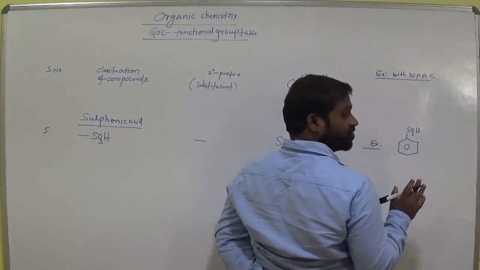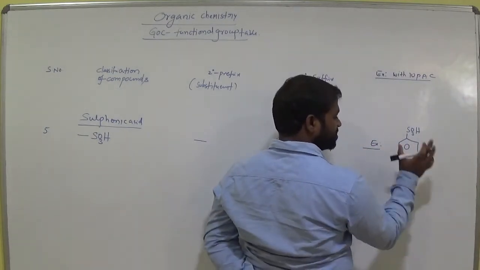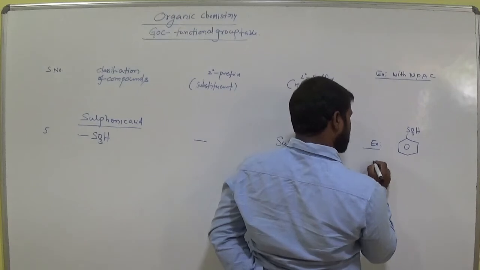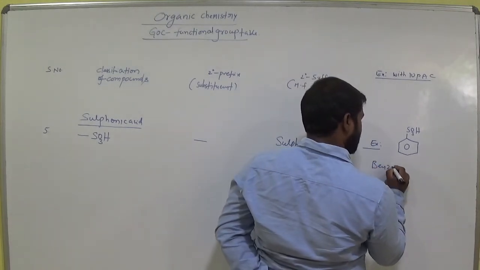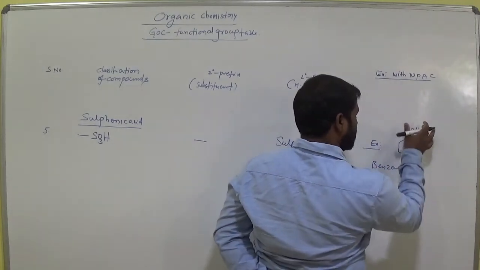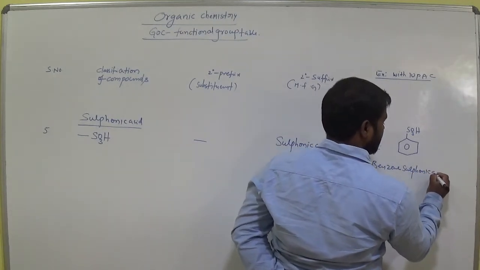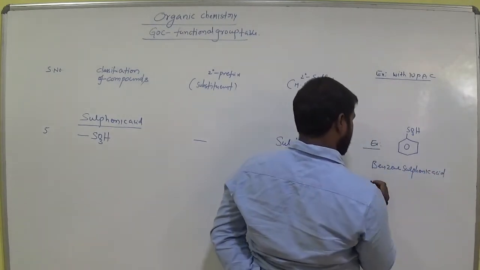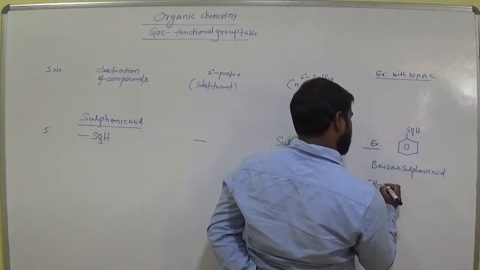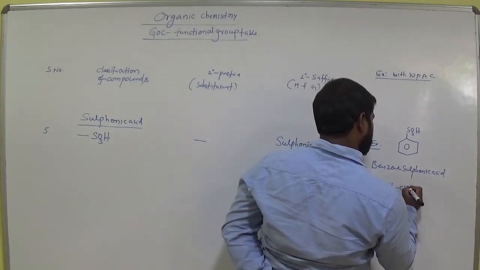S4-3H. In this case, how to write? Now, what about this one? The structure is called benzene. Already I told them. Benzene. What about this one? Benzene sulfonic acid. Okay. Now this one CH3, CH2,